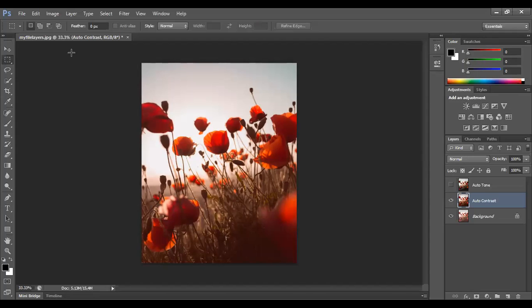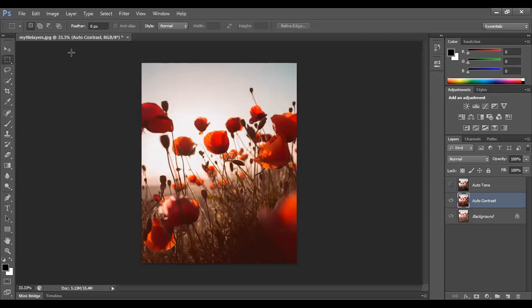Auto tone, yeah, it looks similar. Palak, I agree to that. In fact, I'll show you the third one also. You'll find that also similar. So what you need to do, Palak, is you need to know all the three of them, put them on the image and then see which one looks best on your image. That's what we usually do, Palak.